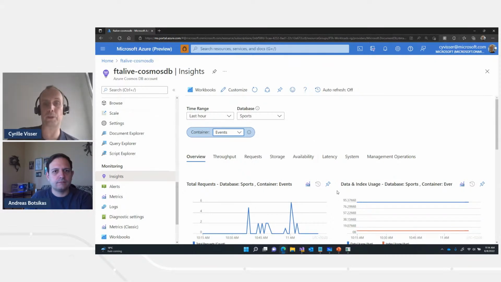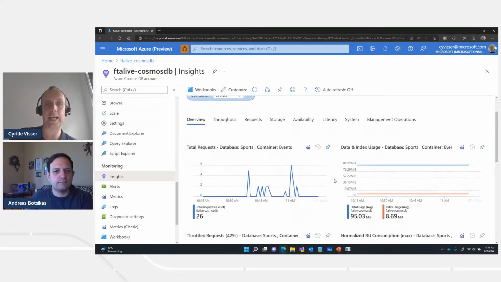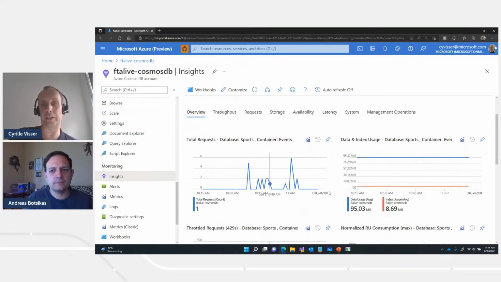So these metrics become a bit less valuable in that case. But for our case, we have done it on our RU level, so we just simply select the container we're interested in. And what we then actually see is an overview here. We can see the data usage. And one thing which is important from the data usage is this. So you see here the amount of documents, so space required for the amount of documents, and we see the